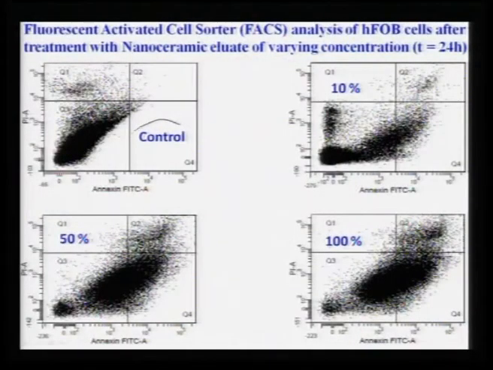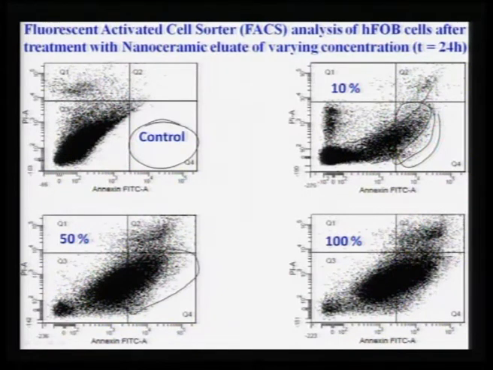Now, what happens when you treat them for 24 hours? This is the control, again the untreated cells. There is no treatment of the hydroxyapatite 20% mullite particles here. In the treated cells, you notice that at 10% concentration, some cell fractions are going to early apoptosis. At 50%, more dots means more cells are in early apoptosis. At 100%, clearly more dots here, that means more cells in early apoptosis.